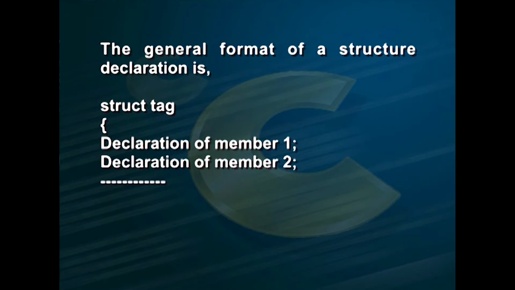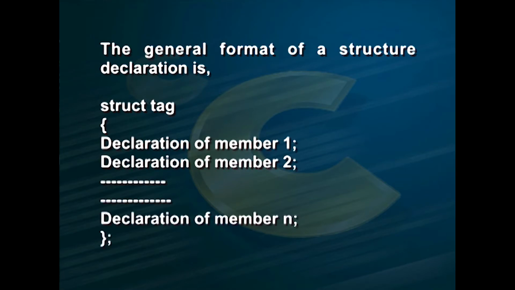Structure declaration. A structure is a collection of one or more variables, possibly of different types, grouped together under a single name for convenient handling. Structures help to organize complicated data, particularly in large programs, because they permit a group of related variables to be treated as a unit instead of separate entities. Structures have declarations and definitions. The general format of a structure declaration is: struct tag { declaration of member 1; declaration of member 2; up to declaration of member n; };